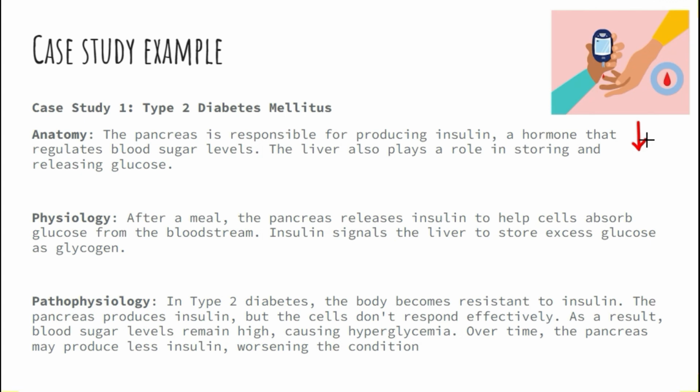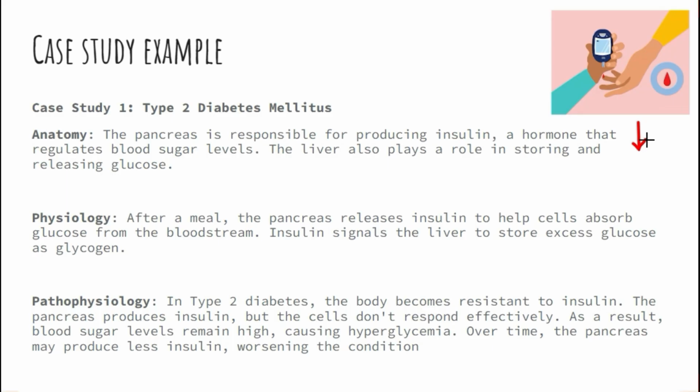So in a way, kapag mataas or there is an increased blood sugar, your insulin can counteract that so that it is balanced. The liver also plays a role in storing and releasing the glucose. So yan po, sinabi natin yung anatomy, yung mga organs that is responsible for the regulation. For the physiology naman, for the function, after a meal, for example, kumain tayo, the pancreas po supposedly releases insulin to help the cells absorb glucose from the bloodstream para po bumaba ang blood glucose. So insulin signals the liver to store excess glucose as glycogen.